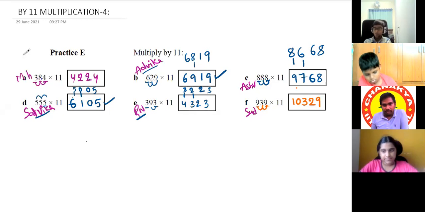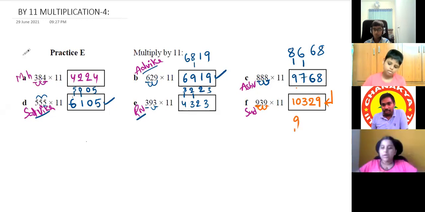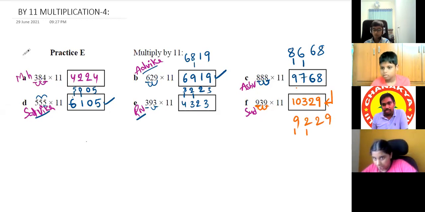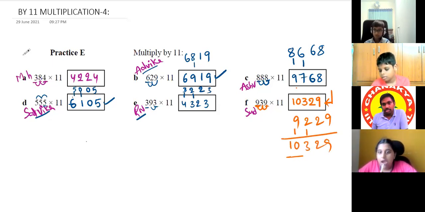Okay, Sudisha, if you are confused with this method, no need to do it. But if you practice, you can remove that confusion. I'm telling you an alternative for this normal process. Why do you need an alternative method? It's slightly confusing. Why confusion? See, take the first number as it is, 9, then 9 plus 3 is 12, so 1 here, 2 here. 3 plus 9 is 12, so 1 here, 2 here, and again 9 as it is. So just add. Where is the confusion now? 10, 3, 2, 9, that's all.